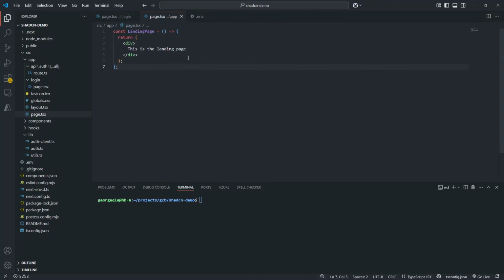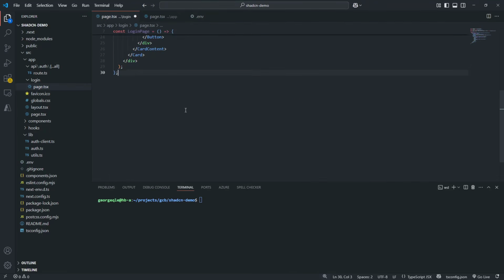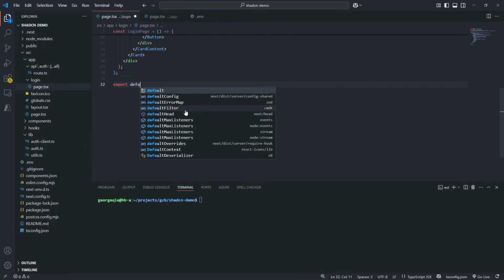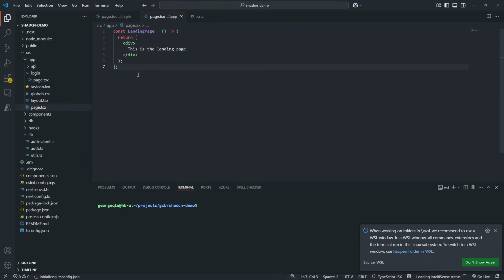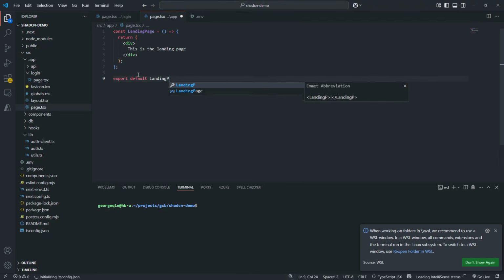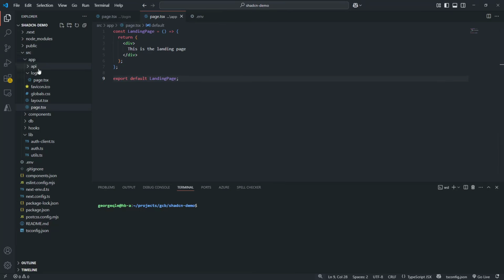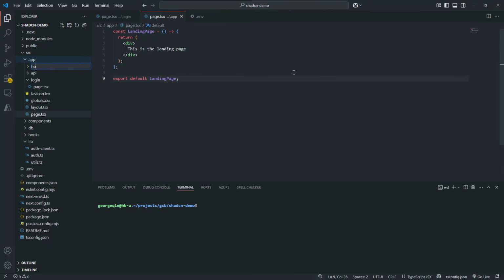The login page would be at slash login. And oh, that reminds me, I need to export default this as well. Export default login page. Let's add in export default landing page here before we forget. Then we need to add in a home page to finish out this login demo that we're going to do